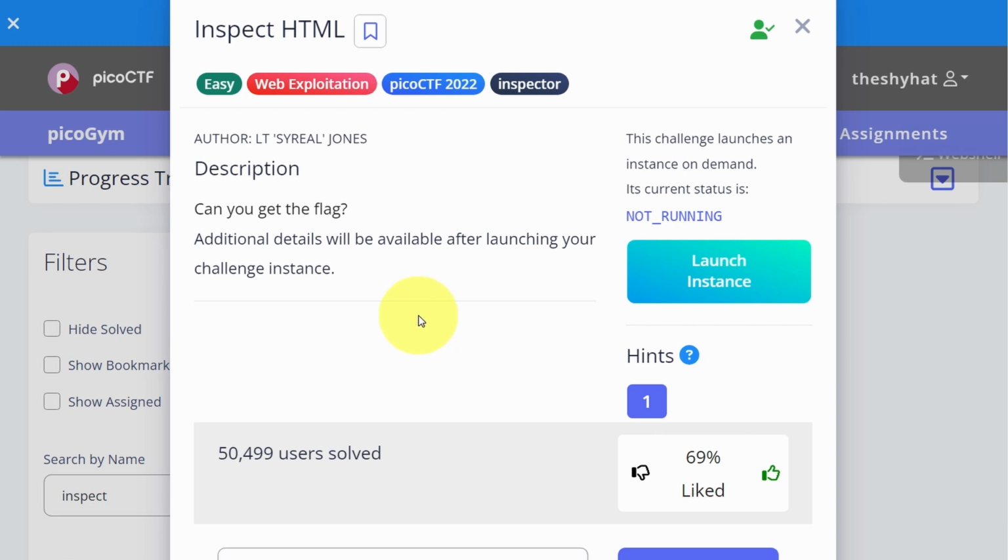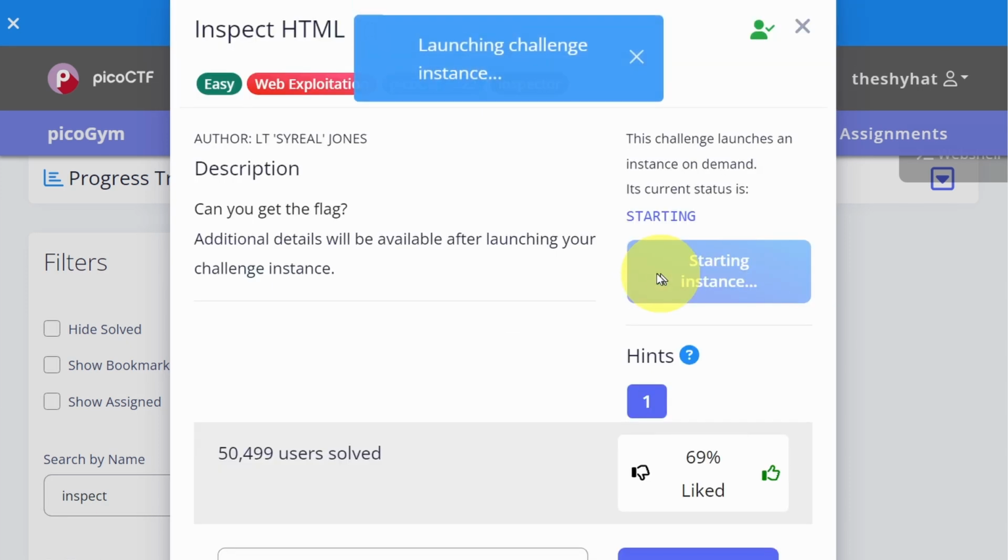So this is a challenge which requires you to start up a virtual machine in order to solve. So you're going to need to click on this blue button right here, labeled Launch Instance. So after clicking on that,